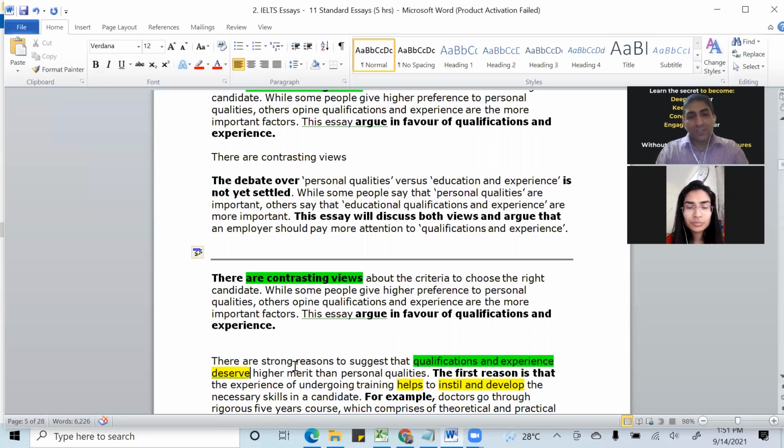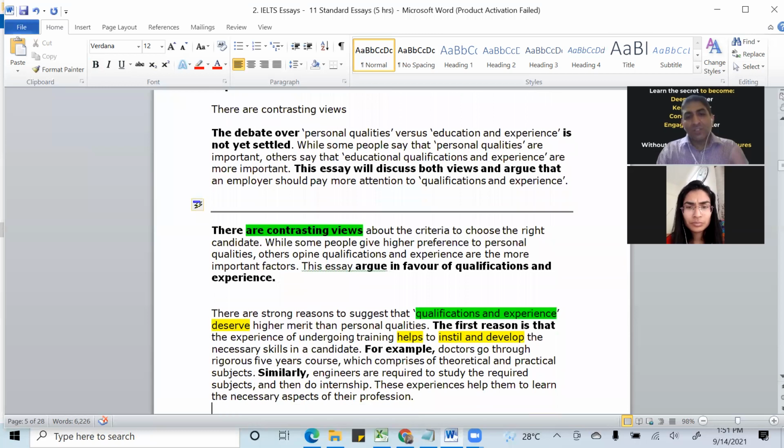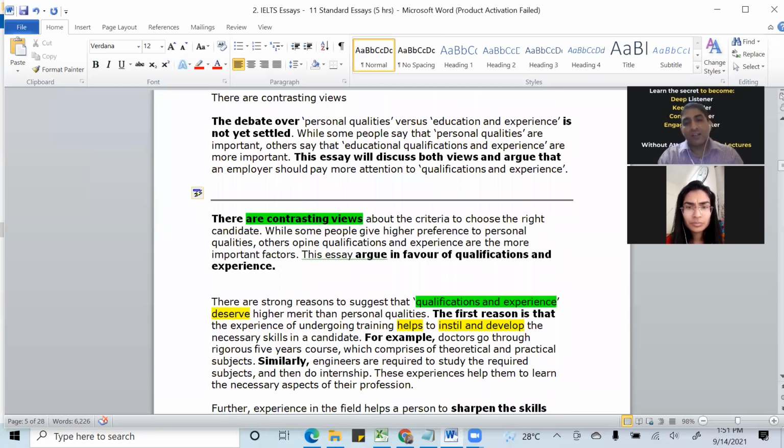So if they deserve higher merit, and you are talking about this as a unit, then you can always put it in single inverted commas like this. The first reason is, so all these words which are highlighted are the words which can be used in any essay. And as Sadaf, you have started doing, after every paragraph you sum it up saying in a nutshell. After writing every paragraph, you can write the gist of that paragraph in short. So in a nutshell is a very good phrase which you can use at the end of the paragraph,